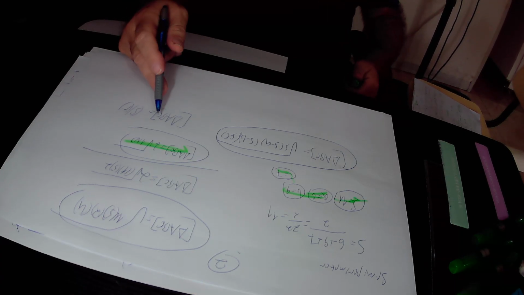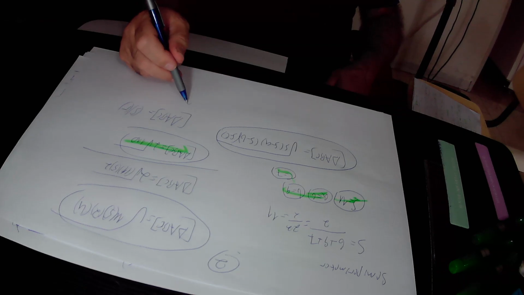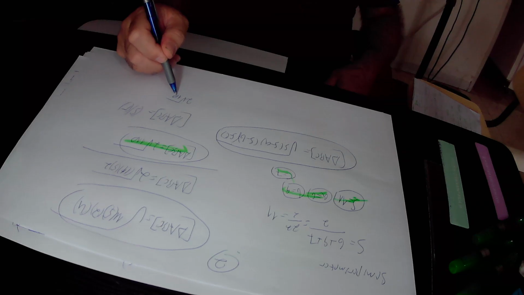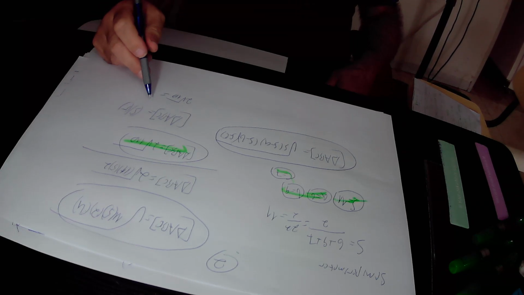We already found that the area of triangle ABC equals 2 times the square root of 110 square units, and it equals S, which is 11,